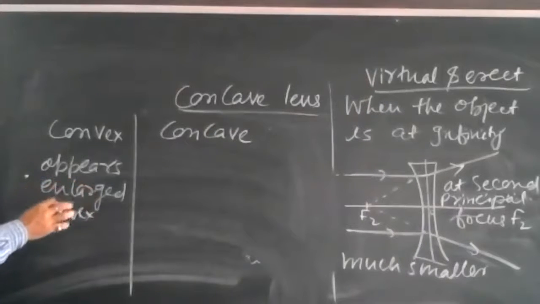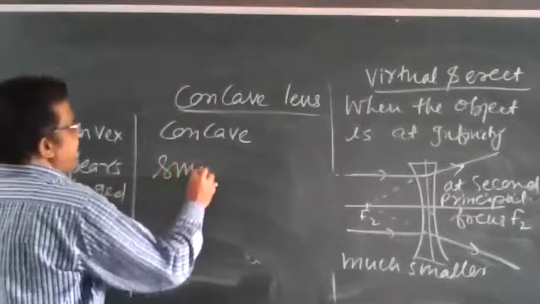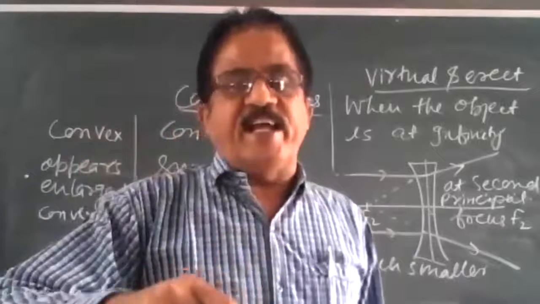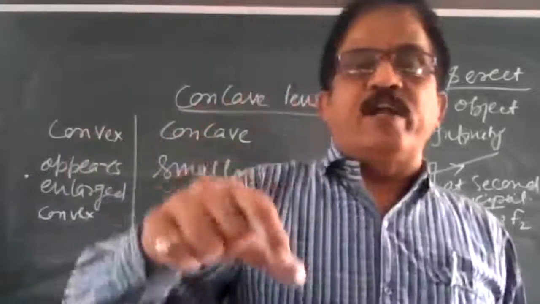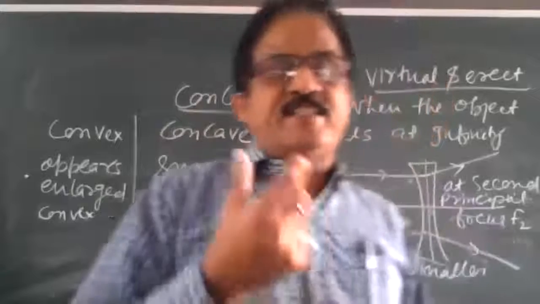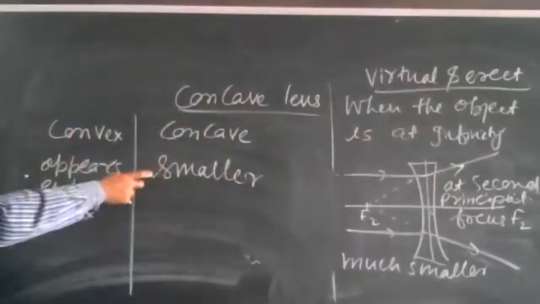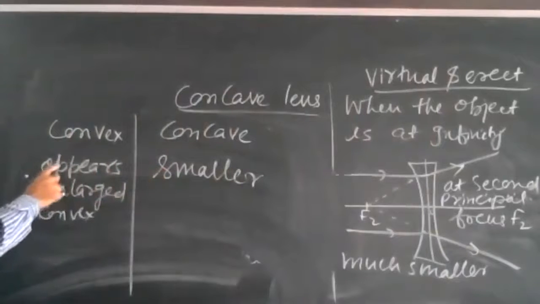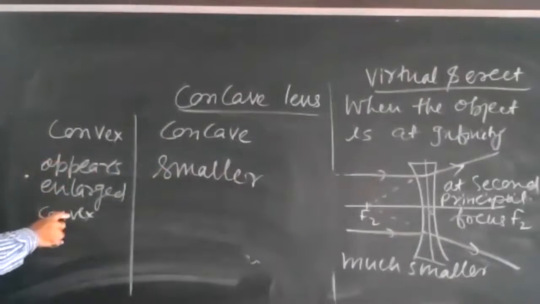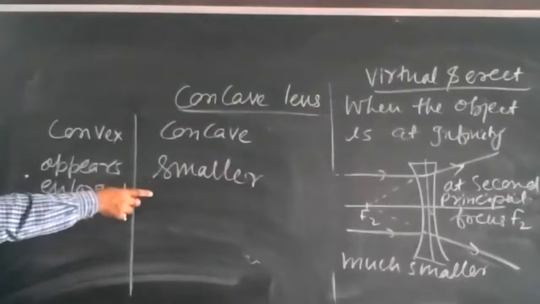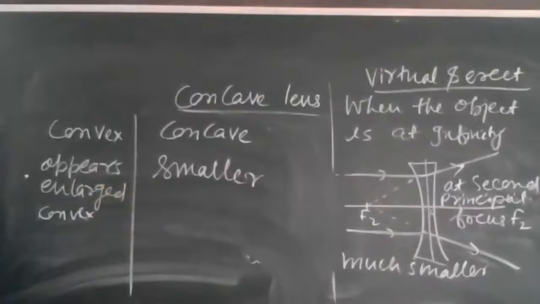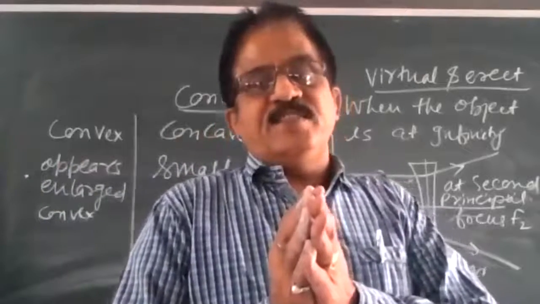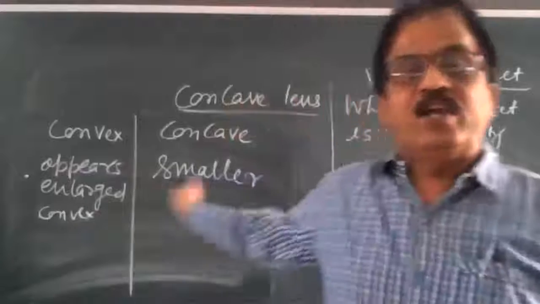If the writing appears smaller, छोटे दिखाई देते हैं या shrunk हो जाते हैं थोड़ा, concave lens अगर रखेंगे आप, put the concave lens on a book and see the letters. If they are smaller in size, then that is concave lens. Convex lens produces an enlarged image of an object, while a concave lens produces a diminished image. Is that clear? लिख लीजिए.